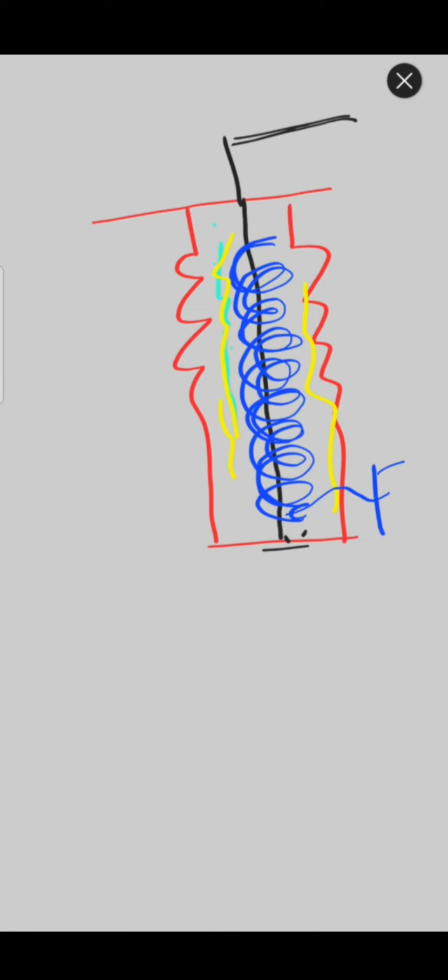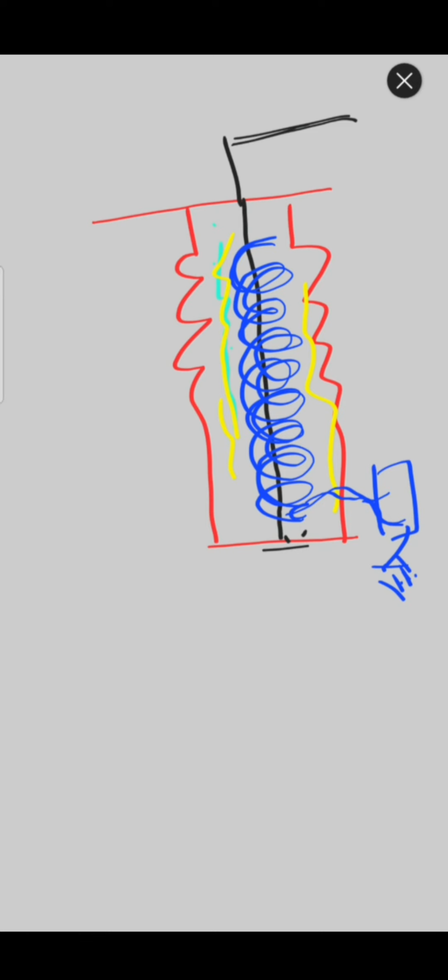There is a junction box. This tapping is taken from this insulated paper to this junction box and is grounded. Normally it is grounded. So while doing tan delta, what are we measuring? We are measuring the insulation of this impregnated paper and the oil.